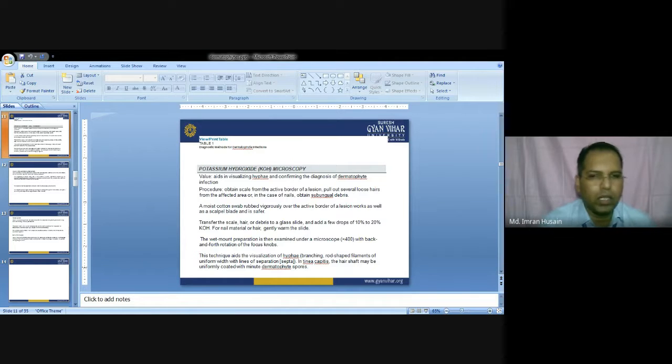So now coming on to the other detection methods, as we have seen the KOH method. Now, what is the method of Wood's lamp examination, and what are the things involved in that? Generally of limited usefulness because the dermatophytes currently seen in the United States do not fluoresce, but it may have value in the following situations. For diagnosis of a brown scaly rash in the scrotum or axilla,